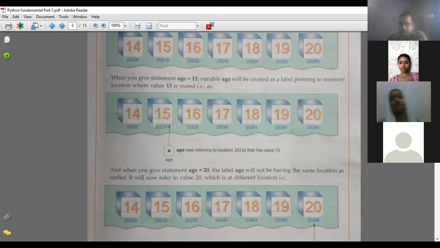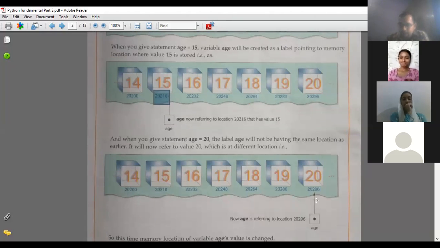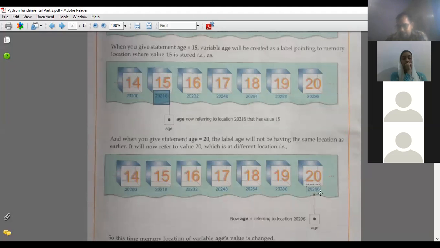It is stored at index number 20,216. Suppose I want to store 20, so it will not replace this 15. It moves further, finds a different index number, a different address, and places the value there.